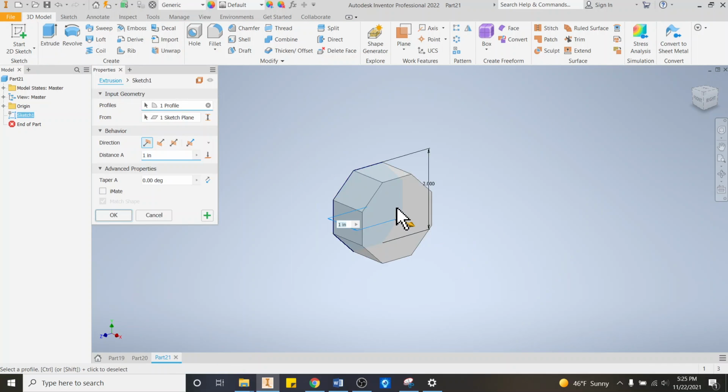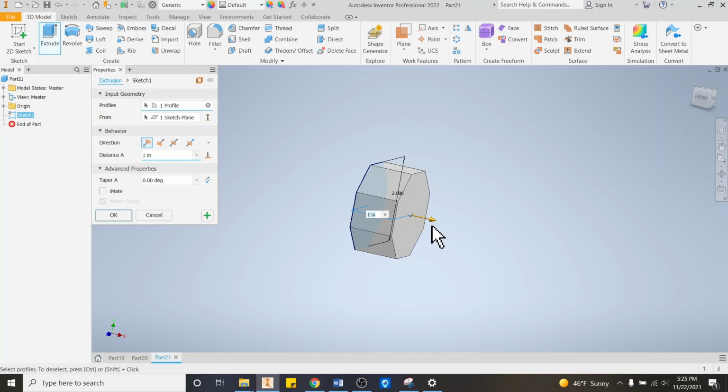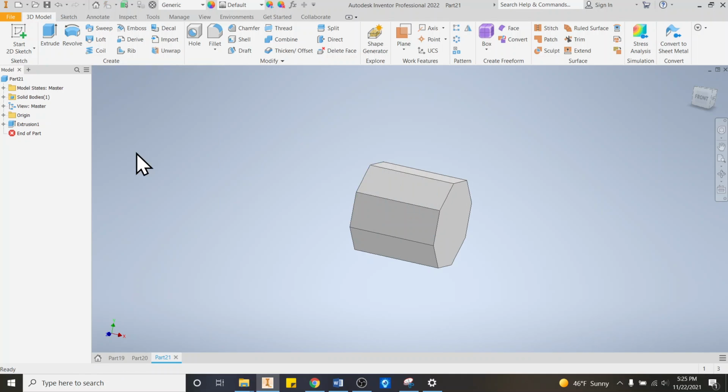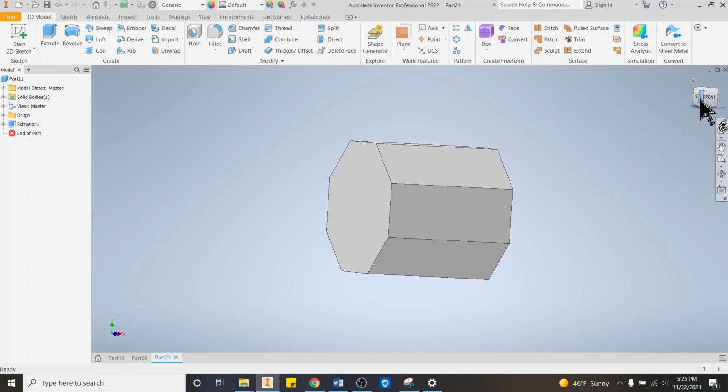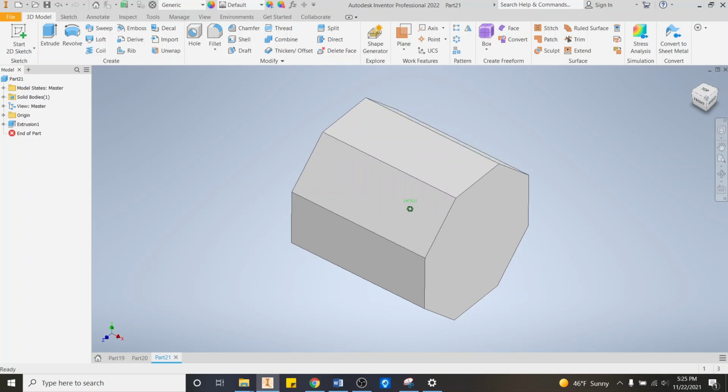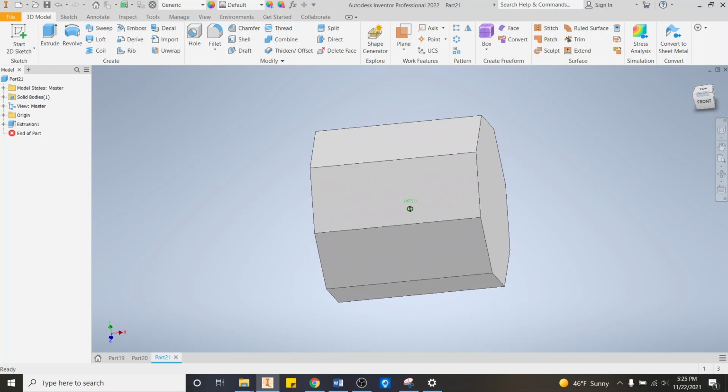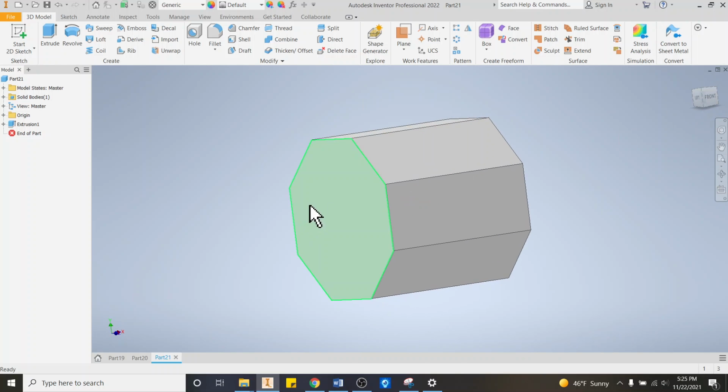And then I'm going to extrude right there, and I'm going to make it come out, let's say 2 inches. That looks good. So I've got this shape going on right here, and on the back side, I'm going